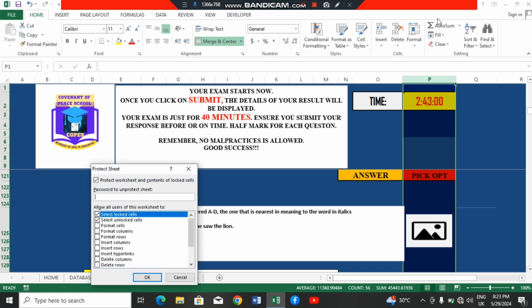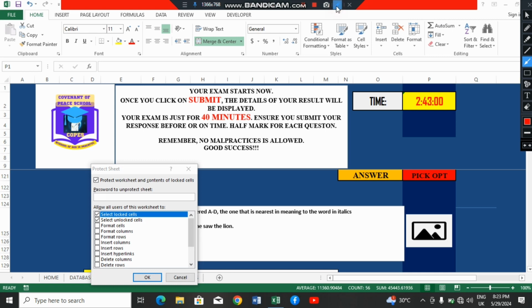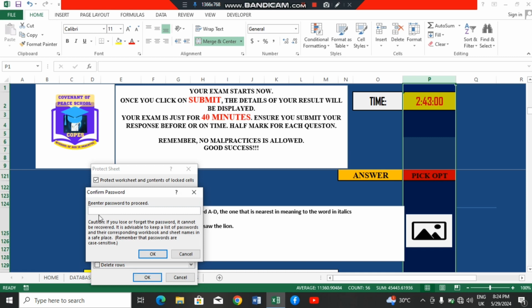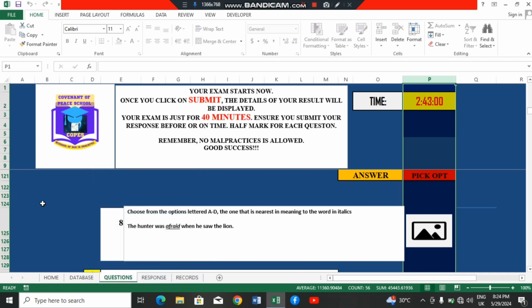Here it's going to ask for the password that you want to use to protect it. Can you see inside this place? It will ask for password. You input the password and then you input it again for confirmation. So I'm going to input a password. I'll click on OK. Now it says I should re-enter the password. I'll re-enter the password again. I'll click on OK. Now what we have just done is that after we have set our questions as teachers,